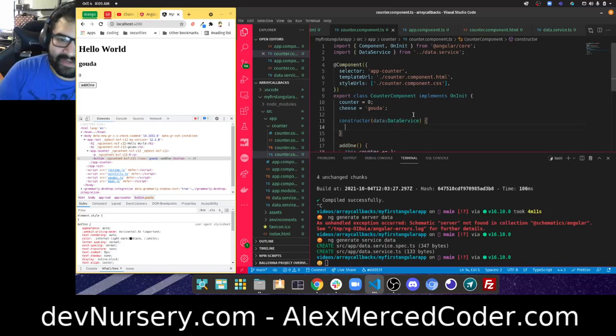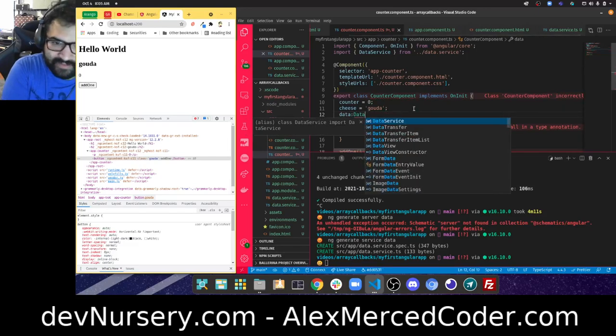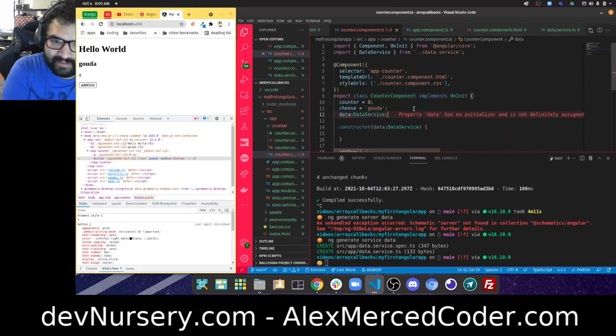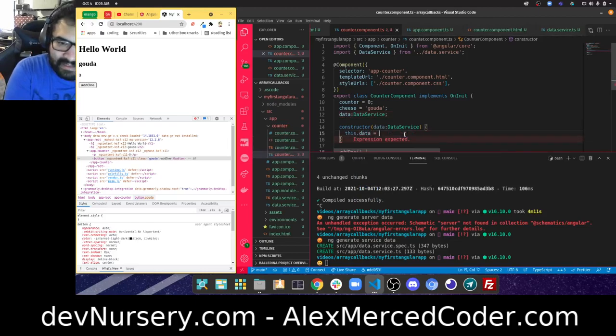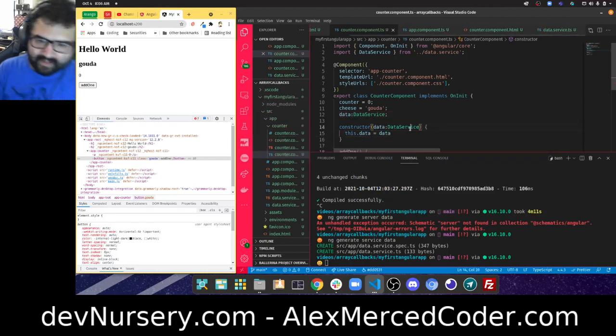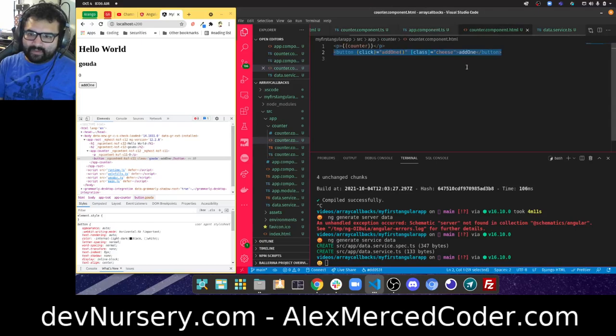So then what I can do is I can declare a property called data, which is going to be of type data service. And then I can assign it over here, like this.data equals data. So I'm assigning that, and now I can use it going forward. I can now use it in my HTML. So I can do something like